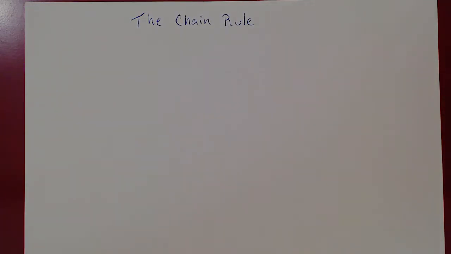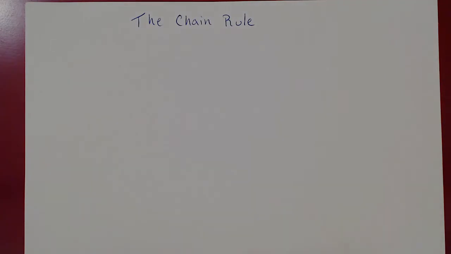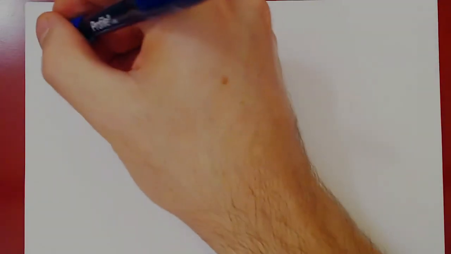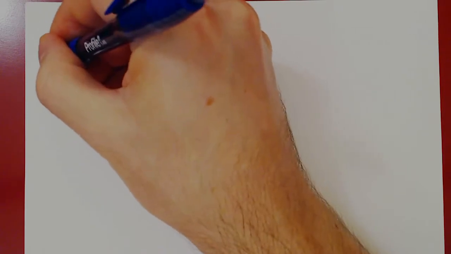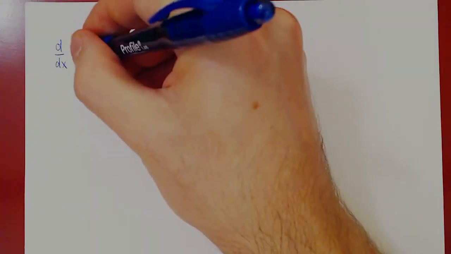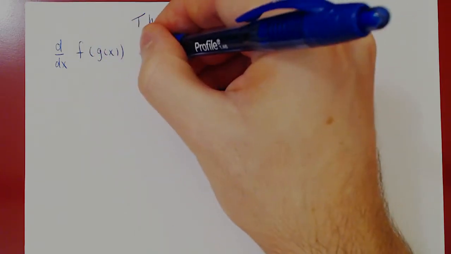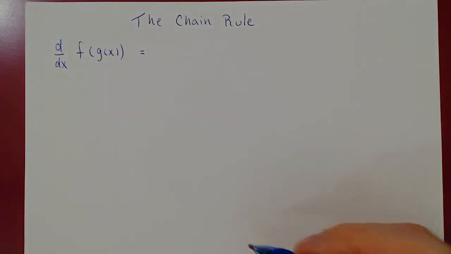Okay, so in this video, we will be looking at the chain rule. This will be our last rule of differentiation. And the chain rule tells you how the derivative behaves over a composition of functions. So here's the result. The derivative with respect to x of the composition f of g of x is equal to. And now the chain rule is a recursive